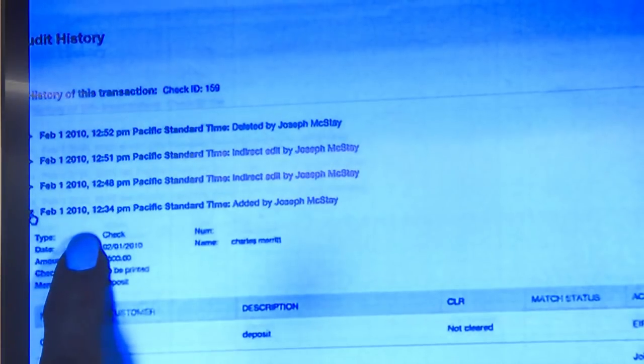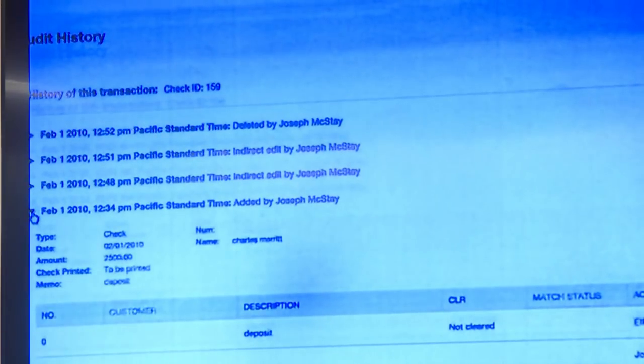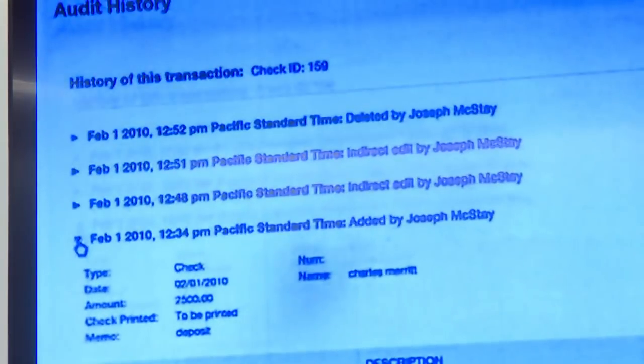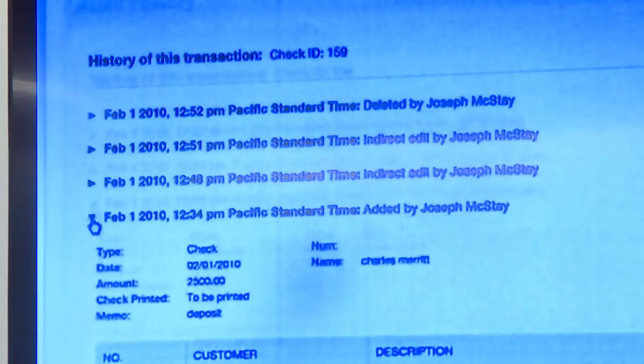You see under that February 1st where I'm pointing to, there's certain data contained there. Do you see that? Yes, the type of transaction, which is a check, the date, the amount, whether the check was printed, deposit,